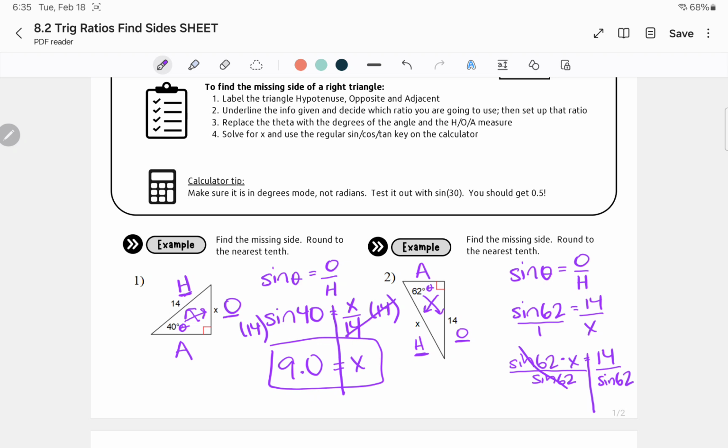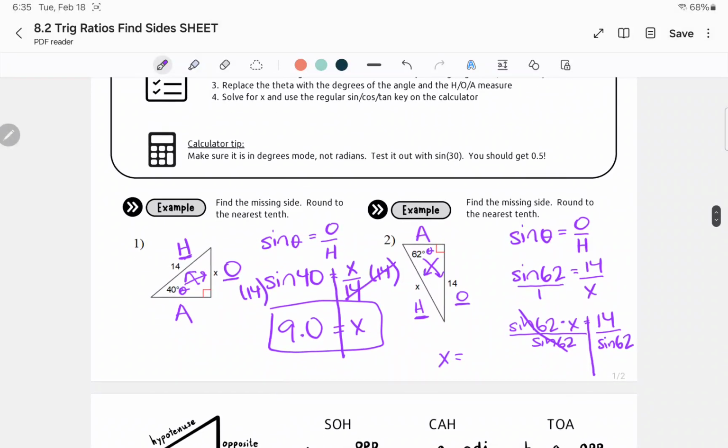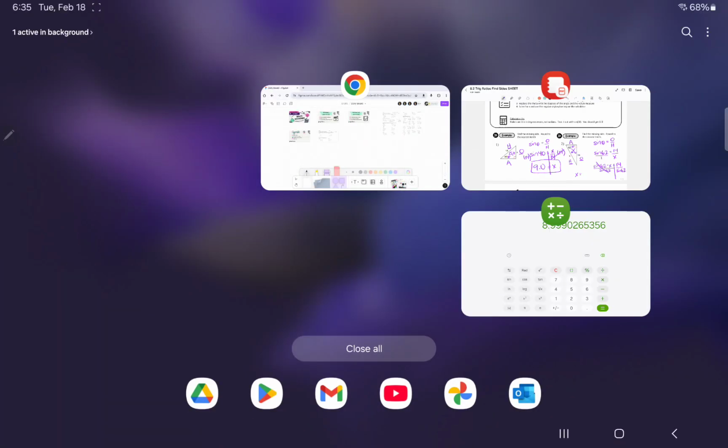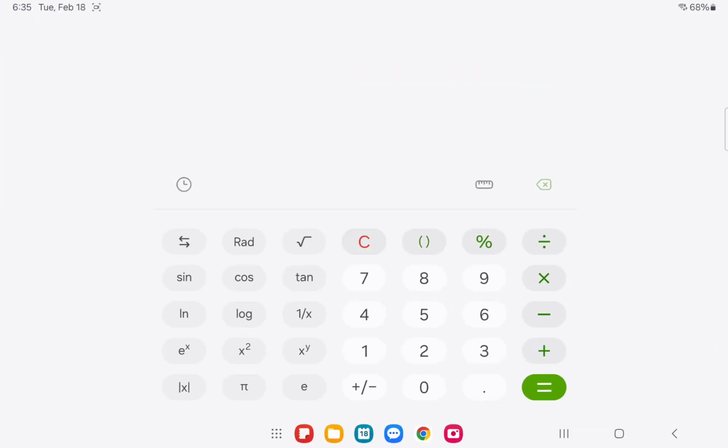So that gets me x by itself. And I'm going to write it over here so I have a little bit more room. Scroll up even. There we go. All right, so what I'm going to do is put this part in the calculator. X is now by itself. So I'm going to put in the calculator 14 divided by sine 62. So 14 divided by sine 62 gives me